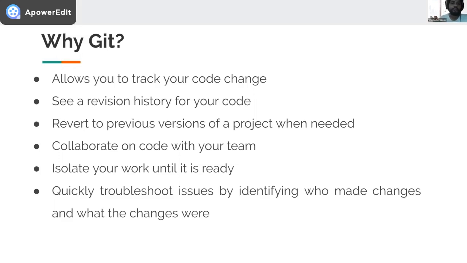So it allows you to track your code changes. So after 2 years also, you can go back in time and see what you have done to the code 2 years ago, which is very valuable in large code bases. You can see a revision history for your code, and revert to previous versions of a project when needed.